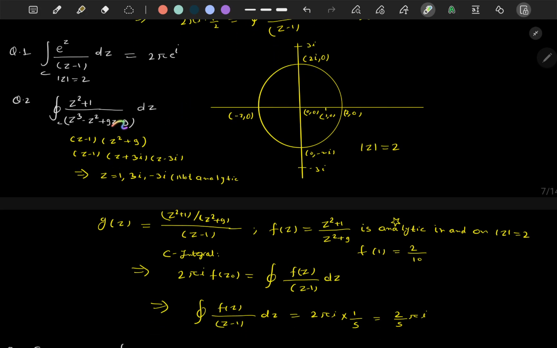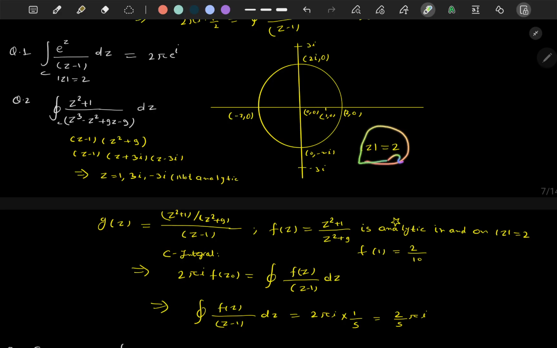Now again, suppose we have this question here. So just solve this denominator term. You can clearly see z equal to 1 will be a factor. So z minus 1 and z square plus 9. When you solve it, z plus 3 iota and z minus 3 iota. So there are three singular points. z equal to 1, 3 iota and minus 3 iota are the singular points, and at these points the function is not analytic. So z equal to 3 iota, z equal to minus 3 iota, and point 1 comma 0